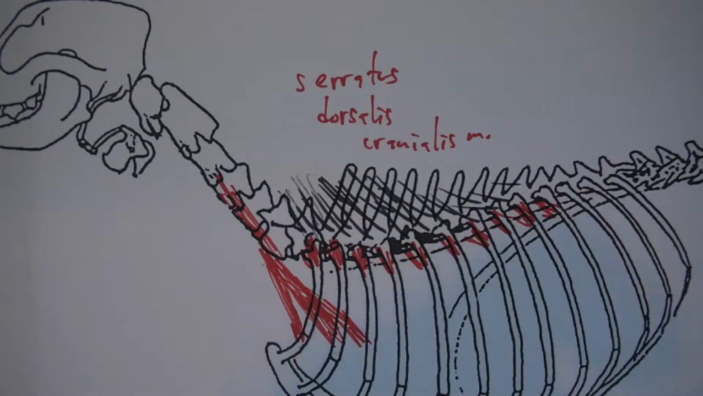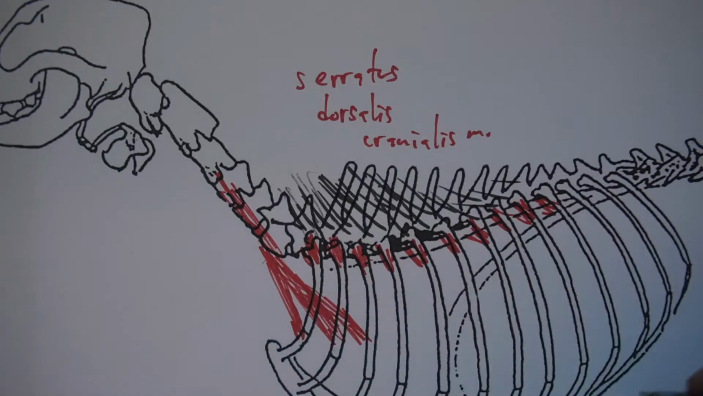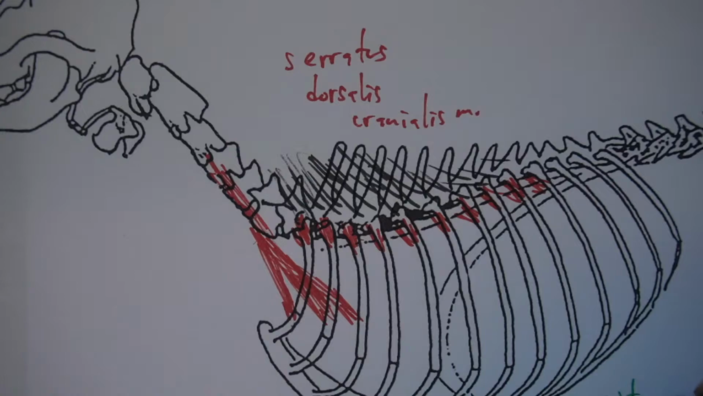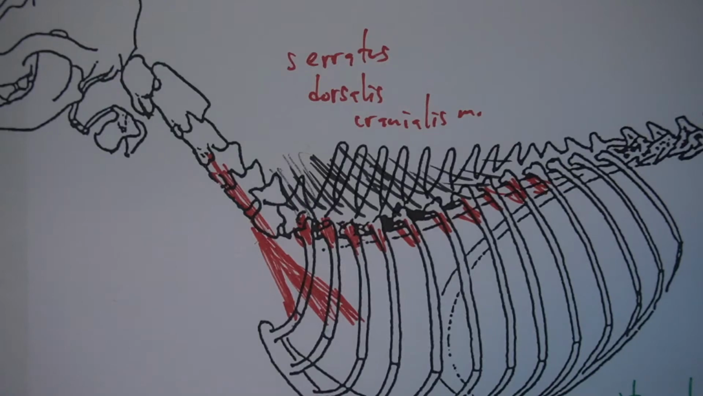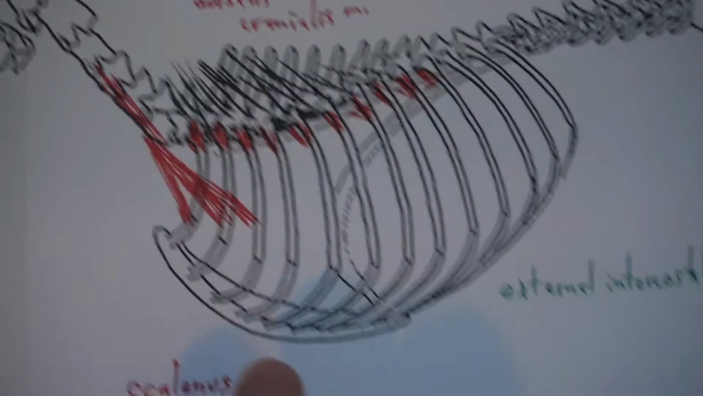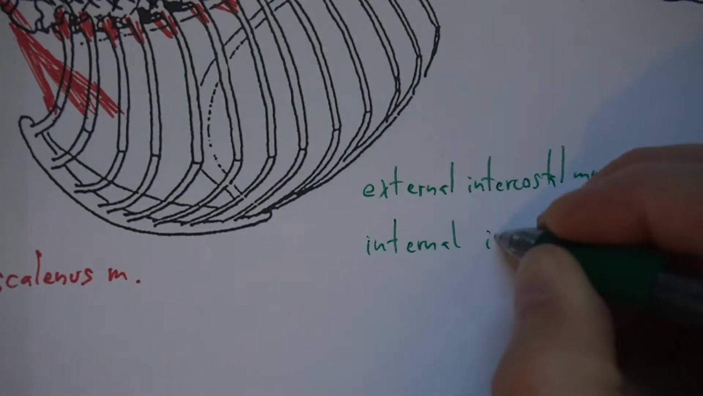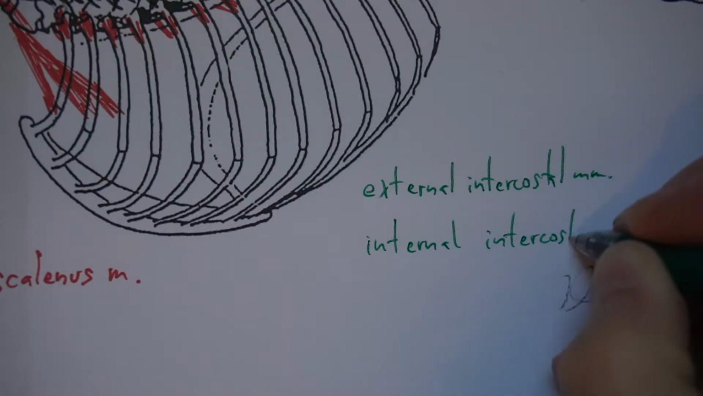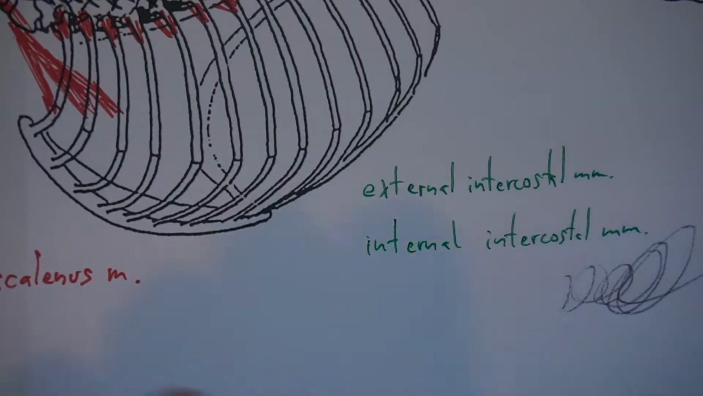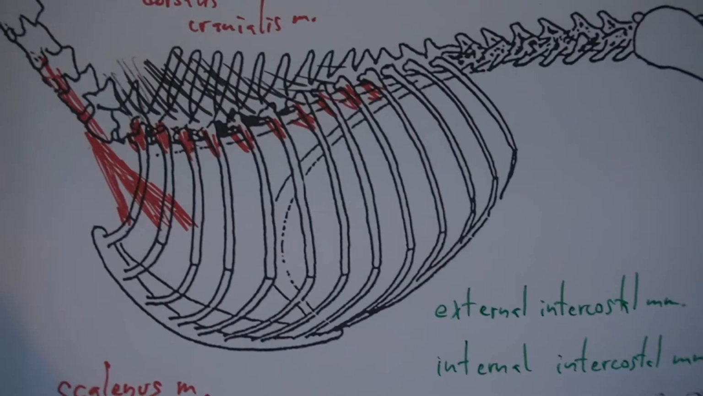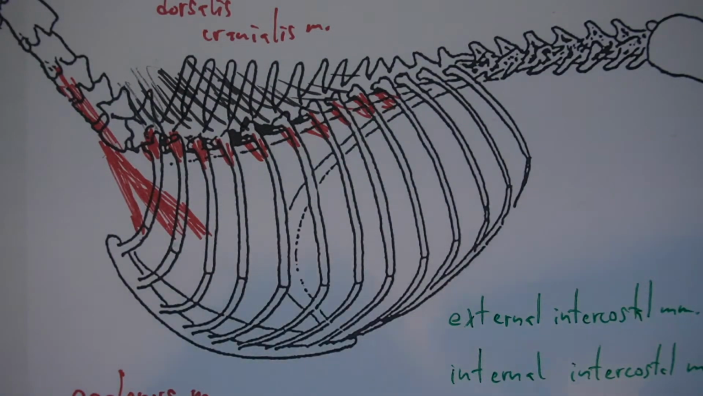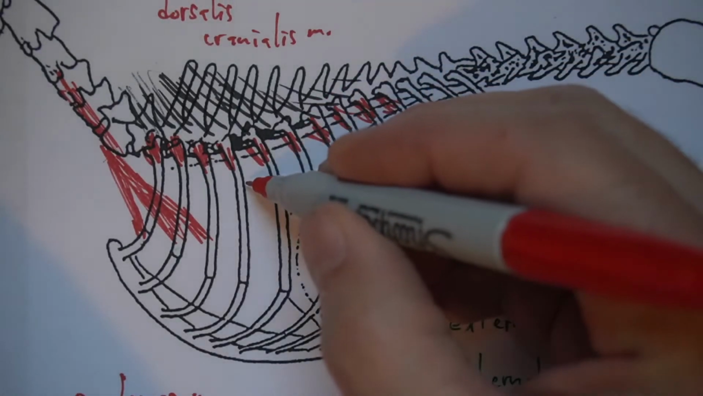Then we have our intercostal muscles. We are going to have external intercostal muscles and internal intercostal muscles. So when you take a look at your dog, you are going to see